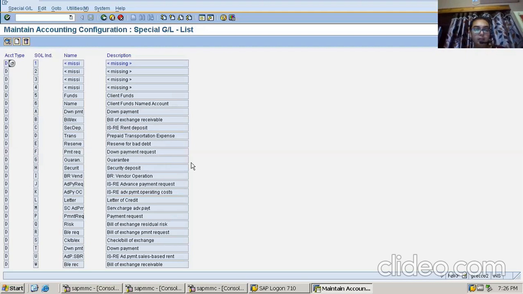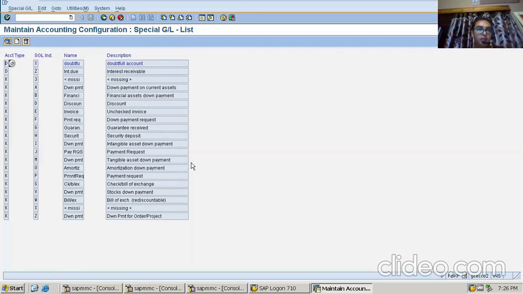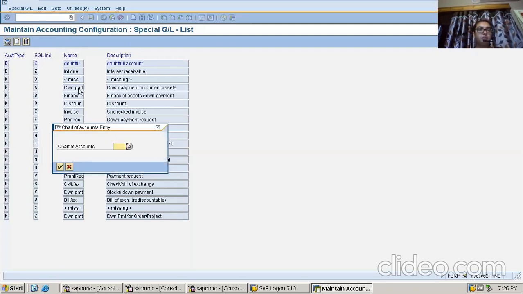Now I'll go to the bottom of the screen and mine would be the combination. Please note this combination. The account type would be K as vendor, A as down payment. See the description, down payment is written. That means ours would be down payment. So our combination would be KA. So I am entering into this option.